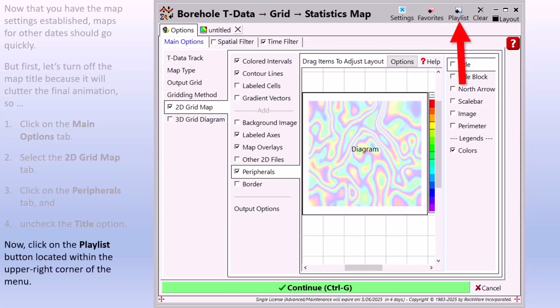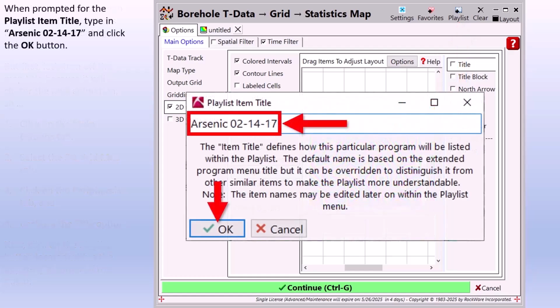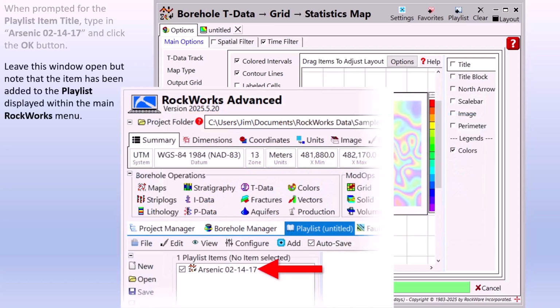Now, click on the Playlist button located within the upper right corner of the menu. When prompted for the playlist item title, type in Arsenic 02-1417 and click the OK button. Leave this window open, but note that the item has been added to the playlist displayed within the main RockWorks